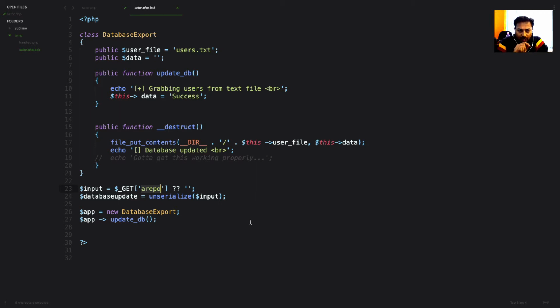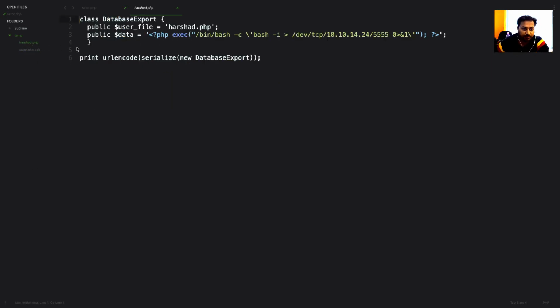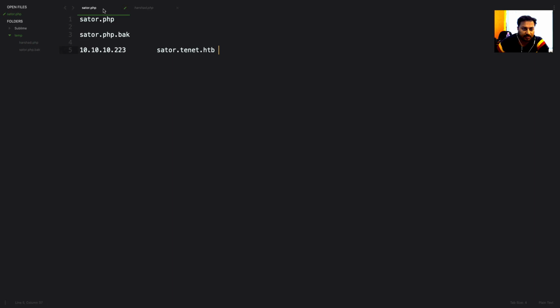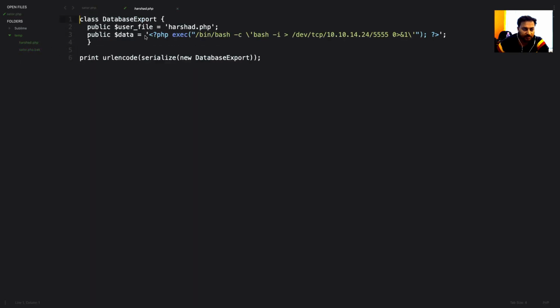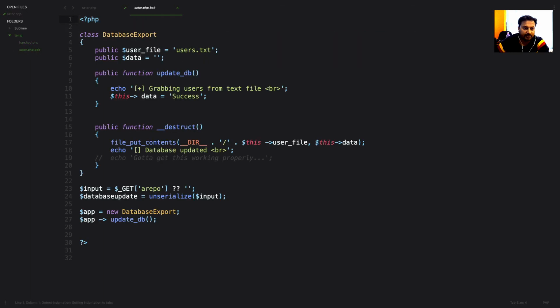After that, what I can do here is construct my own payload. You can see clearly I have created a file called harshad.php, and here you can check I made an entry. This is my class, the same as whatever we have here in the backup. Then I use the same copy-paste function here. I copied the entire function available here and added it under this harshad.php. It's exactly the same. The only thing is, if you check the backup file, there is no data.